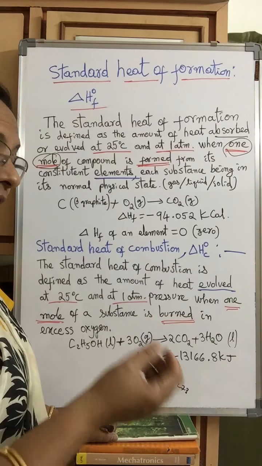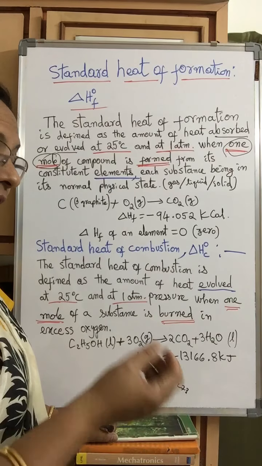Okay, so heat of combustion is negative here, and very large values of heat of combustion mean what? Large values of heat of combustion mean a large quantity of heat will evolve. So such compounds we can use as fuels. Some 2-3 important points under this we will see here.